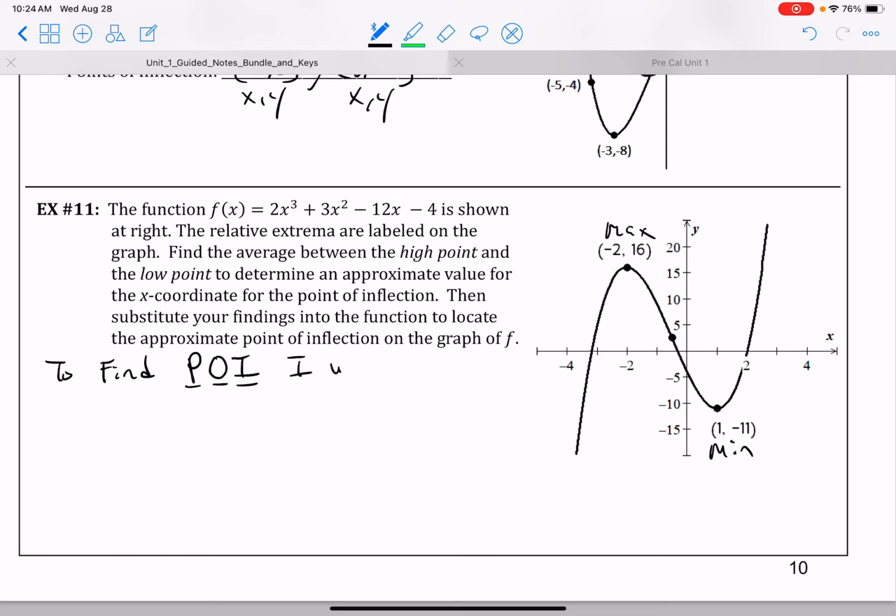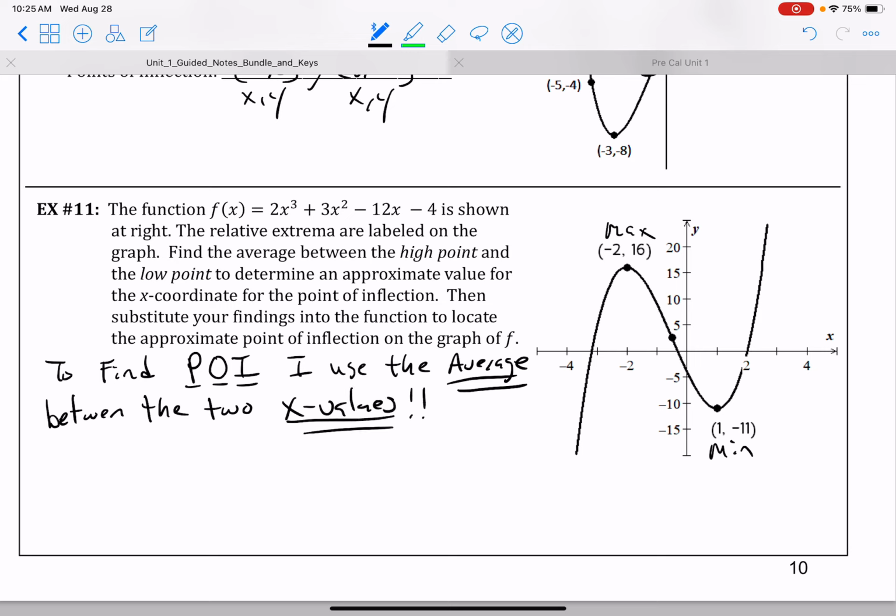I use the average between the two x values. Okay? So to find the point of inflection, I'm going to use the average between the two x values. Okay? So, this point of inflection, let's see. I have, and it makes sense, right? If this is the low, this is the high, it's kind of what's right in the middle of those